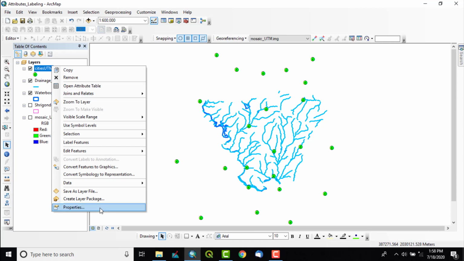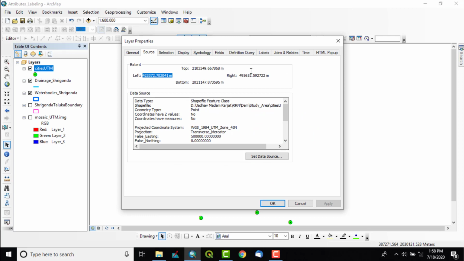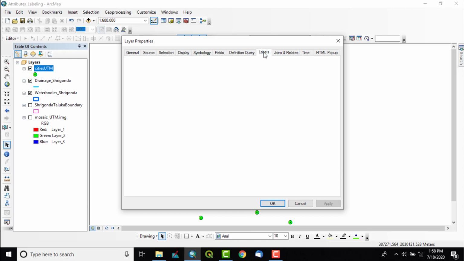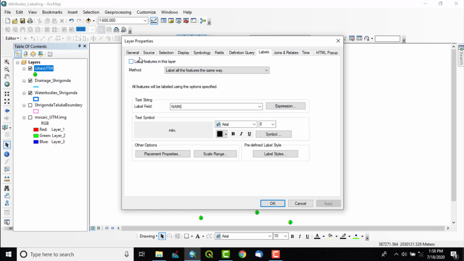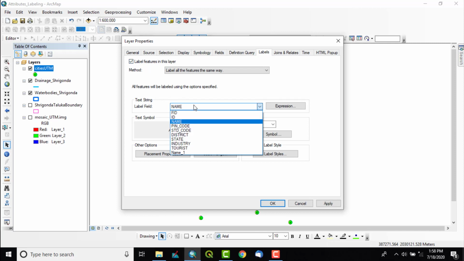For that, go to the shapefile, right click, go to properties and take labels. Label features in this layer. There may be some other attributes I have hidden. Actually these attributes I have hidden.